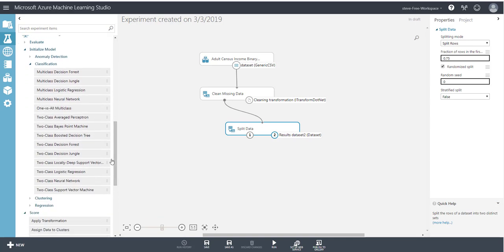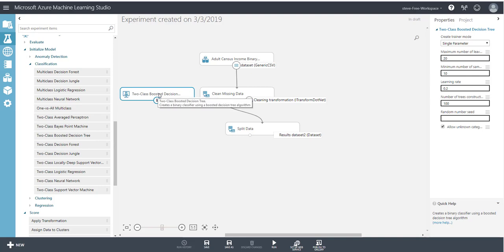Again, I'm not the expert on what these algorithms mean, so I'll pick one and drag that on. Again, we've got an output, but we've also got a whole load of parameters you can change. I'm not going to change them because I don't know enough. This is where you probably need some help from a data scientist who understands this and works out what they want. But what we do need to do is initialize our